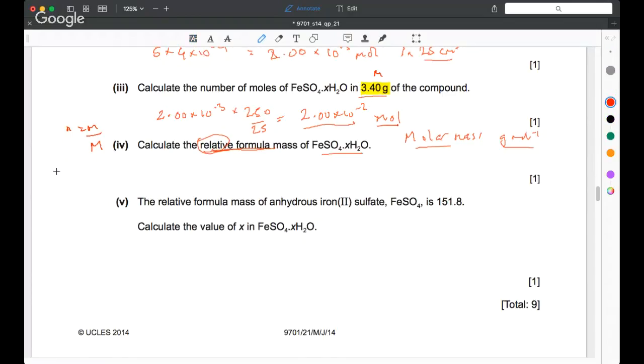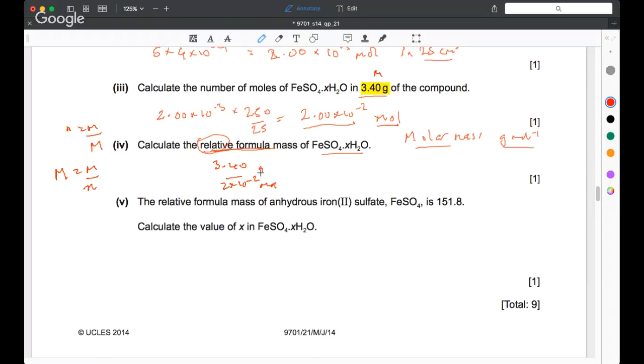And so we just rearrange that, and the molar mass is equal to the mass divided by the amount. Here's our mass, here's our amount. To get the molar mass, we're going to divide the mass by the amount. So you've got 3.40 divided by 2 times 10 to the minus 2